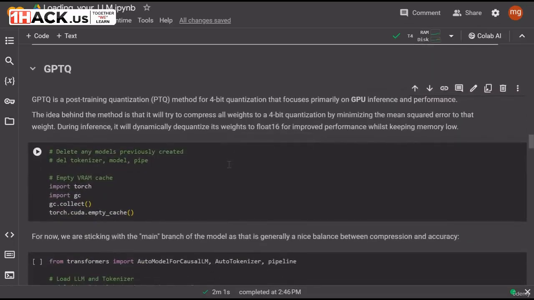So, as we have already said about the GPTQ, GPTQ is a post-training quantization. Okay, post-training quantization, you can obviously see that it will basically try to compress all the weights to a 4-bit quantization by minimizing the mean squared error of that weight, or you can say it will basically compress our model after the training has been done. So during the training it will be a full-fledged LLM, and after the training is completed it will just compress